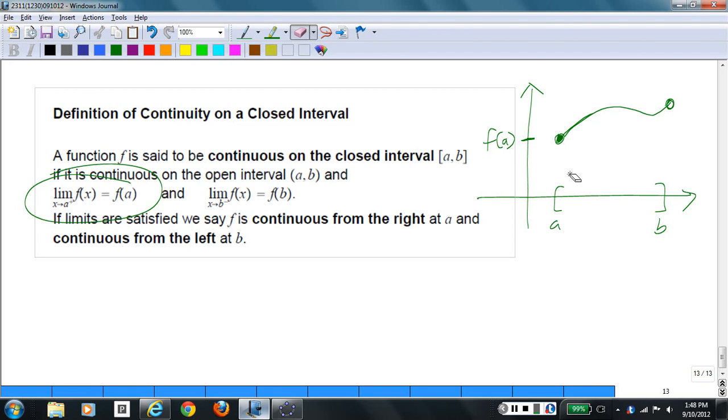a as the endpoint. Likewise, this limit of f of x as x approaches b from the left exists because as x gets close to b from the left, we're approaching a point. And now we want the function to be defined to be,